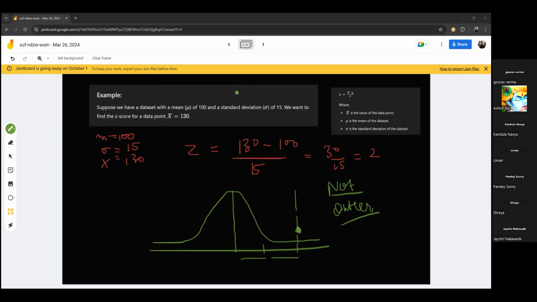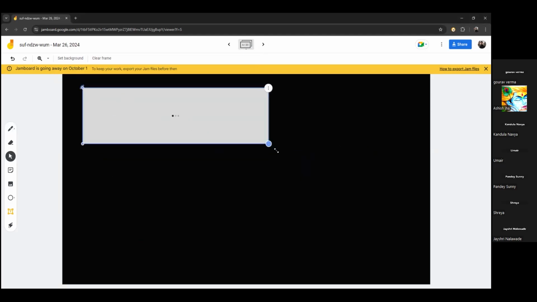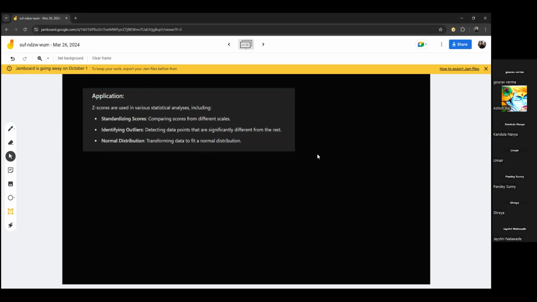बिफोर वी डू विद द पाइथन, सबसे पहले लेट मी टेल यू द एप्लीकेशन ऑफ दिस, कि मतलब रियल लाइफ में इसका यूज क्या है। ऐसे तो कंसेप्ट पढ़ लिया हमने, बट रियल लाइफ में भी तो यूज होगा, और रियल लाइफ में यूज ही है। Z-score are used in various statistical analysis including स्टैंडर्डाइजिंग करना, आइडेंटिफाइंग आउटलायर्स, डिटेक्टिंग डेटा पॉइंट, आउटलायर्स का बता ही दिया मैंने आपको, नॉर्मल डिस्ट्रीब्यूशन, ट्रांसफॉर्म डेटा इनटू द to fit a normal distribution। जितने आपके डेटा में आउटलायर्स बाहर रहेंगे उतना बेटर है।